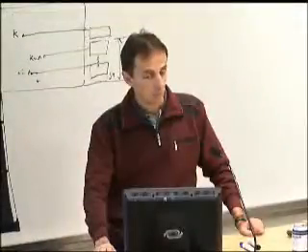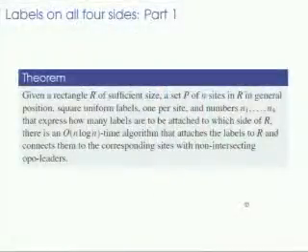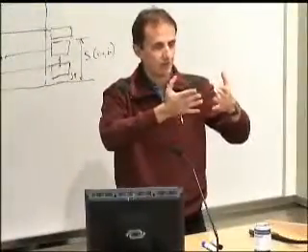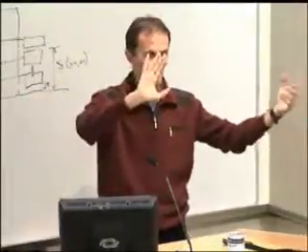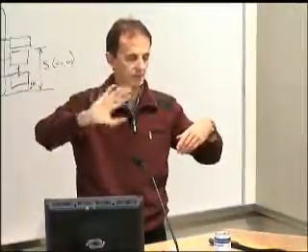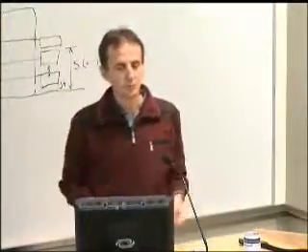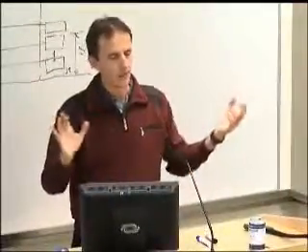Third done. Now fourth. We allow labels on all four sides. Part one is, well, I suggested that already. Before we had Italy, and we just divided the set of points in two sets: the leaders going to the right, and the others going to the left. Here we would have four sides, so four sets.